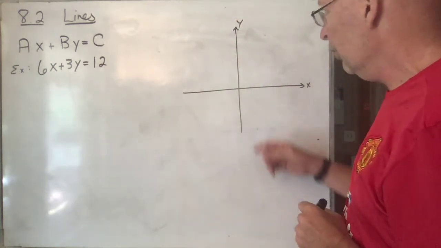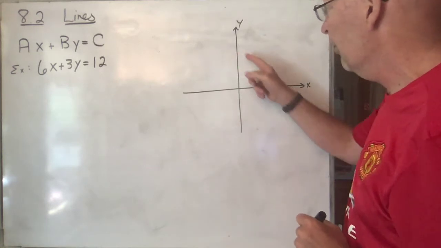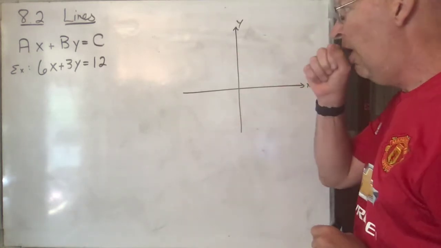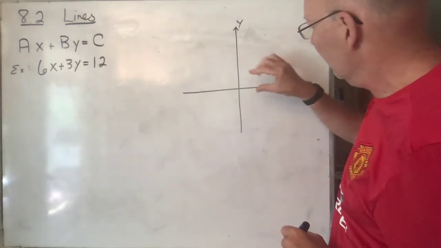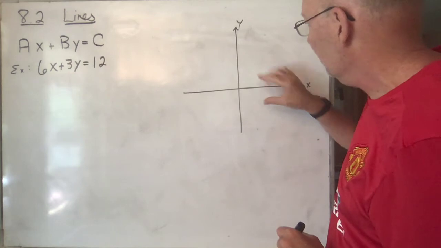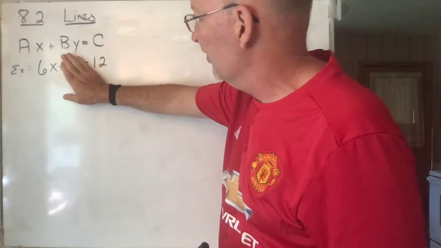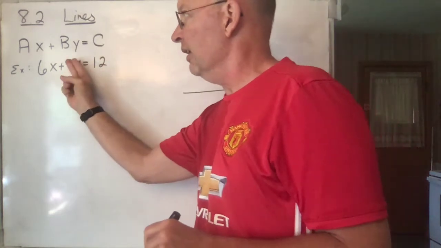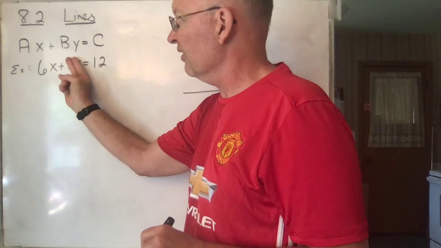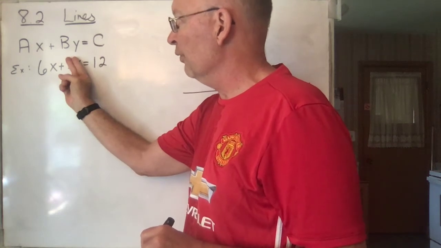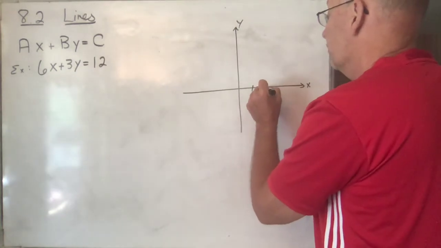So maybe the most important points on a line are the intercepts. It's where it may or may not cross the y-axis and the x-axis. Notice that the x-intercept is where the y-coordinate is 0. So if we set y equal to 0, can you do it in your head? If you set y equal to 0 and solve for x, you're going to get 6x is equal to 12, which means that x has to be 2. So there's the point right there,